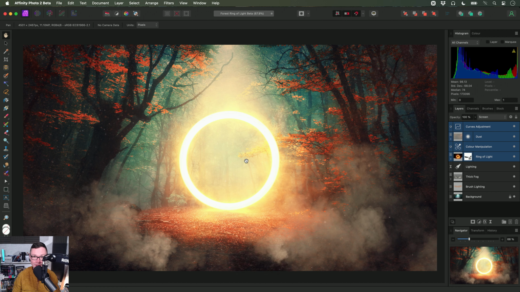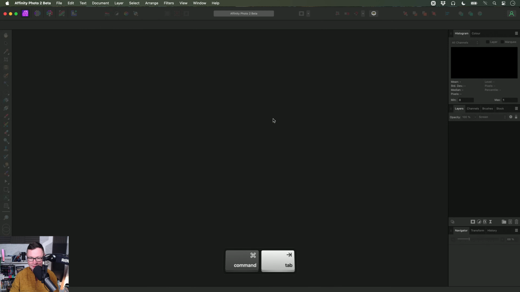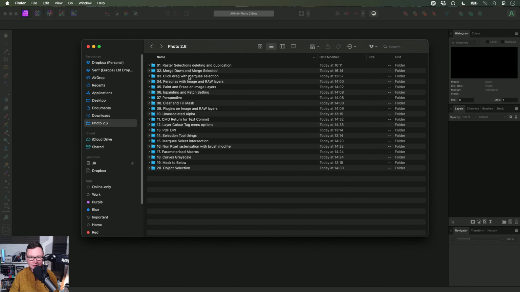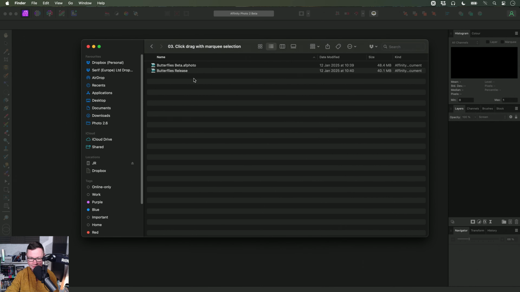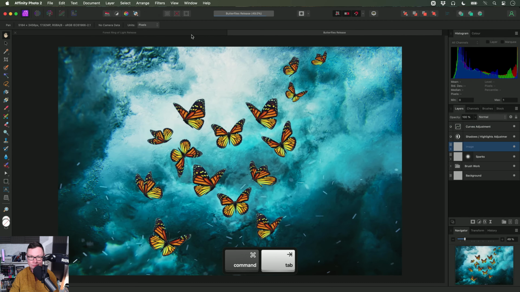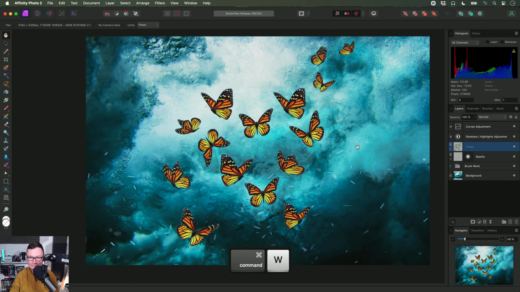There's a lot of flexibility there now, you'll find, in terms of being able to merge layers down and merge them together as well. Okay, next on the list, we've got, in my notes, it's called Command/Control Click Drag with Marquee Selection now works on image and raw layers. Yeah, again, a really simple change. I've got an image layer here with the butterflies,